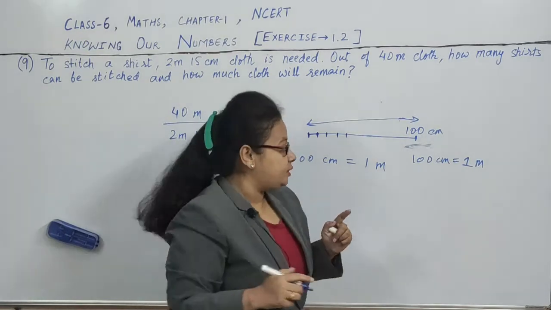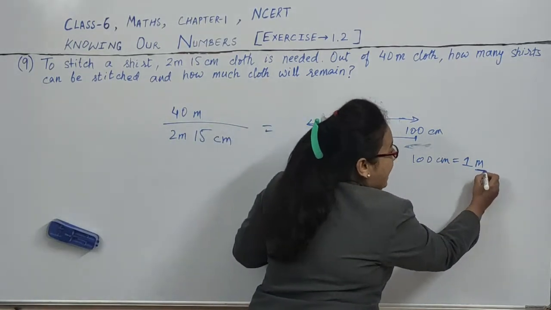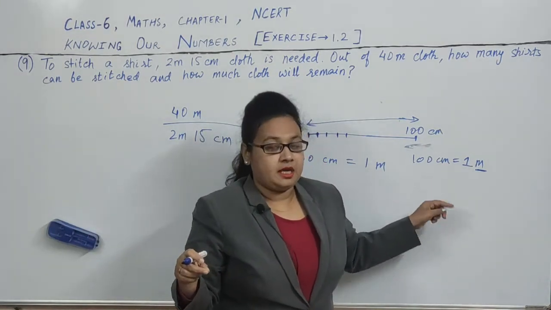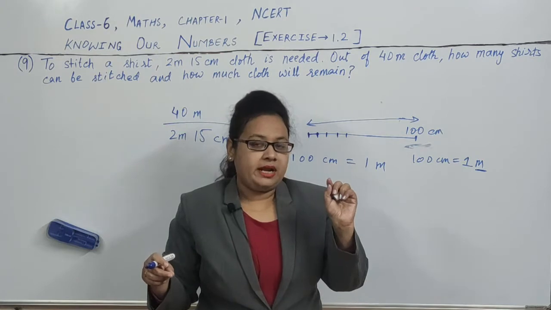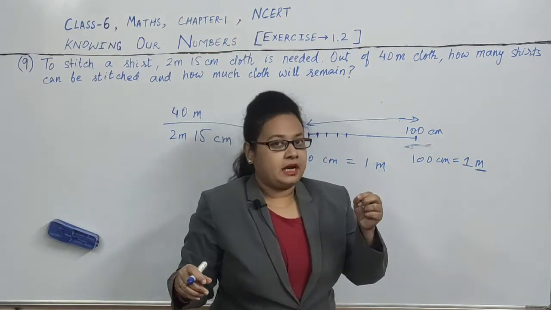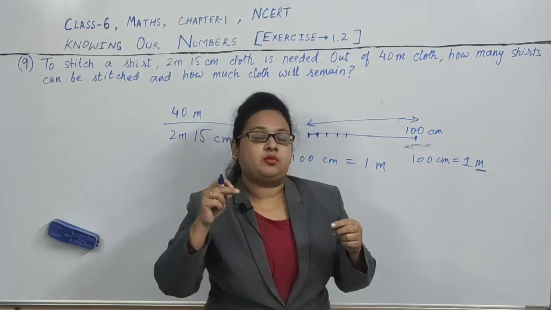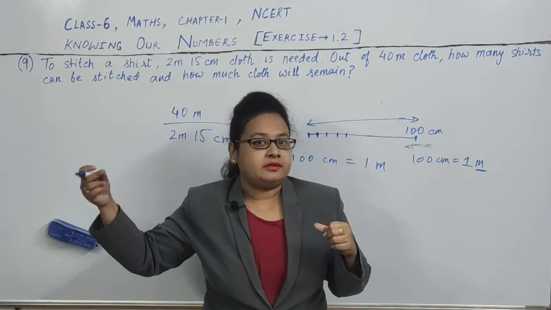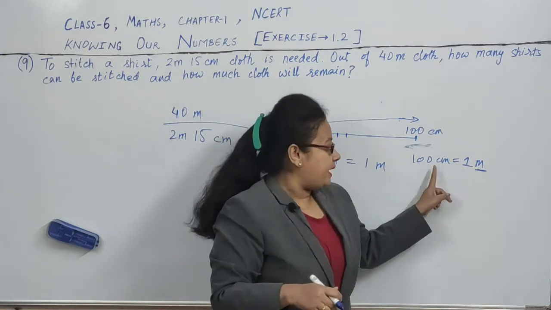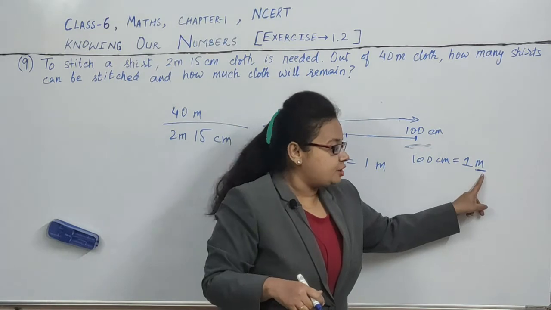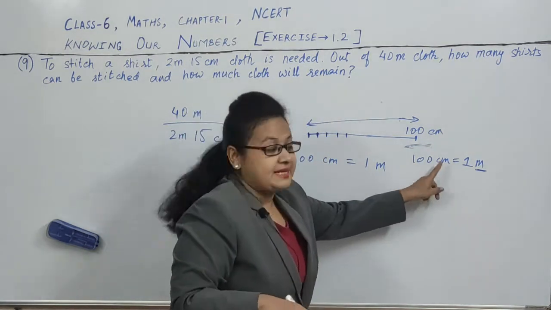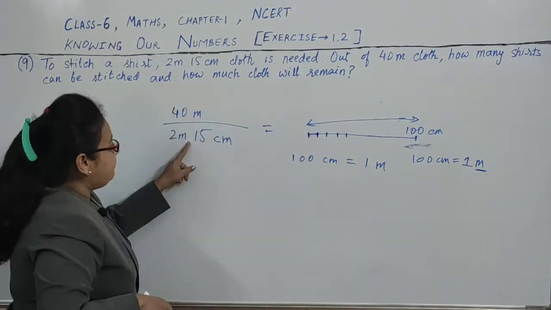That 100 centimeter length is known as 1 meter length. I told you that 1 meter is a large unit to measure length and centimeter is a small unit, because centimeter is a small length. So 100 centimeters will give 1 meter. Once understood, if we combine 1 centimeter, 2 centimeter, 3 centimeter, all the way, 100 centimeters will give 1 meter. So meter is a large unit to measure length and centimeter is a small unit to measure length.